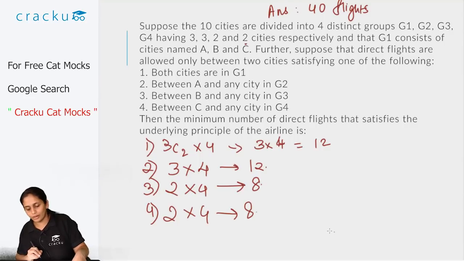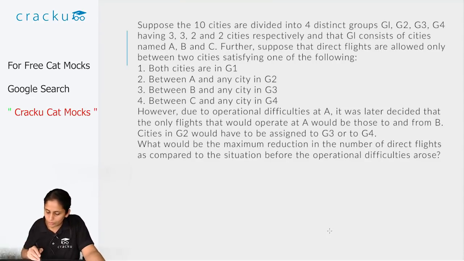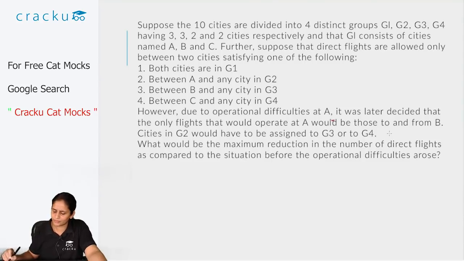Now let's go on to the next question. Suppose the 10 cities are divided into 4 distinct groups, essentially the same thing as before. However, due to operational difficulties at A, it was later decided that the only flights that would operate at A would be those to and from B. G2 would have to be assigned to either G3 or to G4. What would be the maximum reduction in the number of flights as compared to the situation before the operational difficulties arose? Now, if you see that